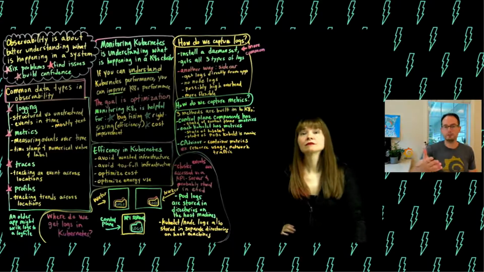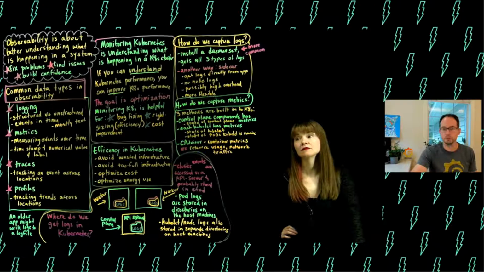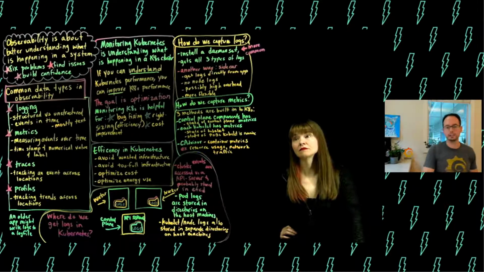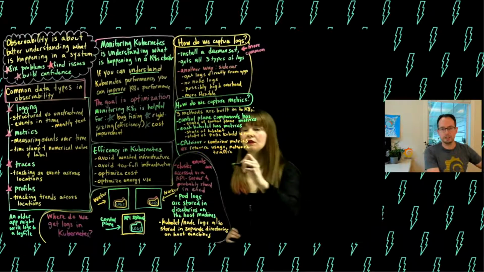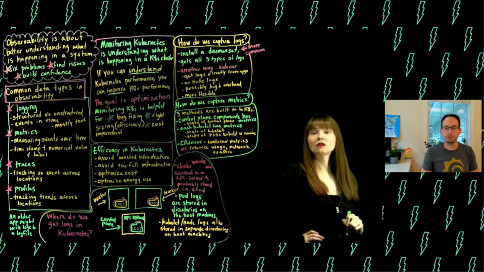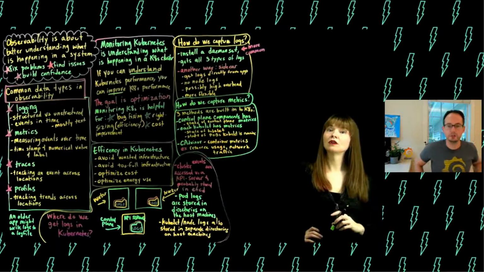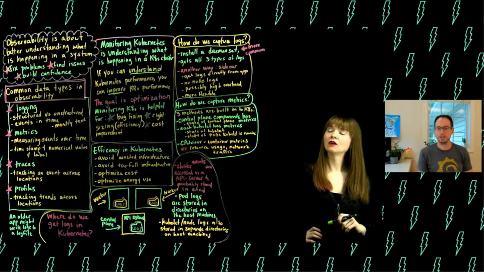Then, like we have a daemon set that captures logs, we'll have another deployment of some sort of collector that will ask periodically, hey, cAdvisor, give me your set of metrics. And then cAdvisor will just dump everything that it knows about all of the measurements that it's been taking to the collector. And so it says, here's all of the CPU measurements for all of the containers that I'm looking at. Here's all the memory measurements for all the containers I'm looking at. And the collector then will go to the kubelet and say, hey, kubelet, give me all the metrics that you have. And then it will say, here's the pods that I know about, and here's my own internal health and that sort of thing.